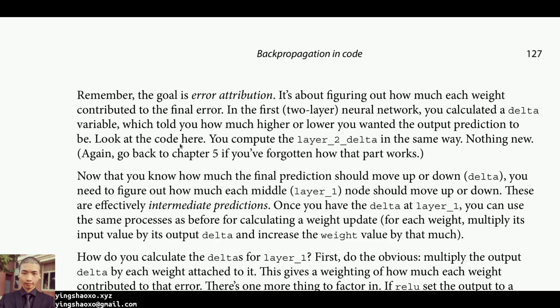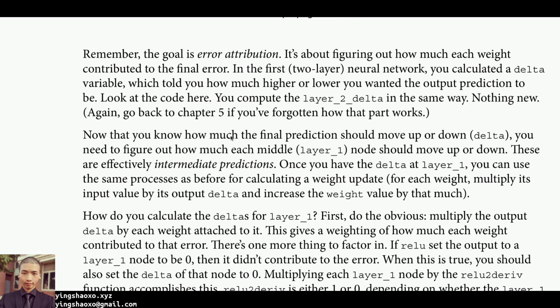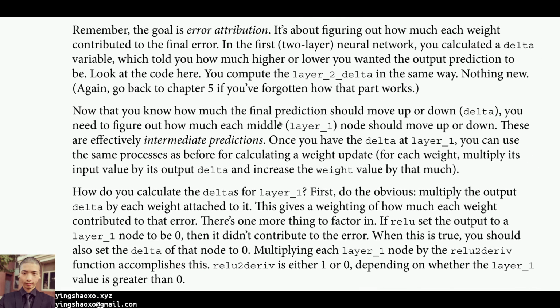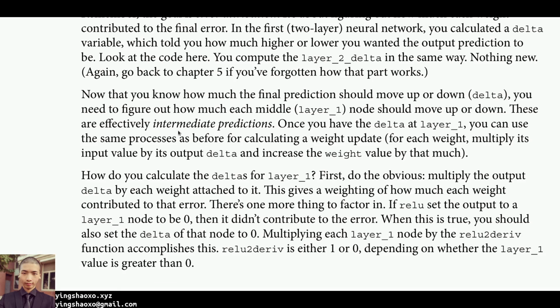Look at the code here. You compute the layer 2 delta in the same way, nothing new. Again, go back to chapter 5 if you have forgotten how that part works. Now that you know how much the final prediction should move up or down by the delta, you need to figure out how much each mid-layer node should move up or down. These are effectively intermediate